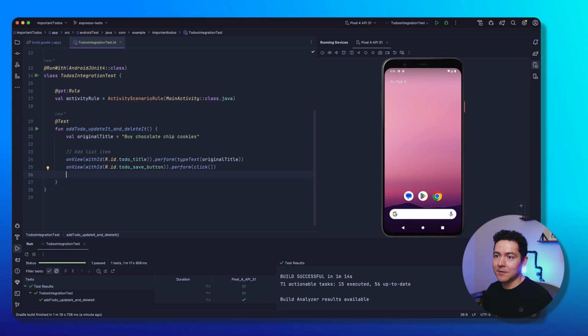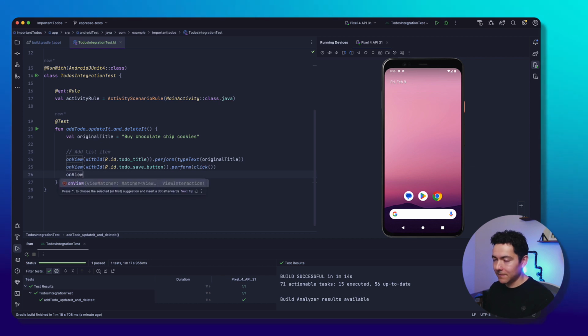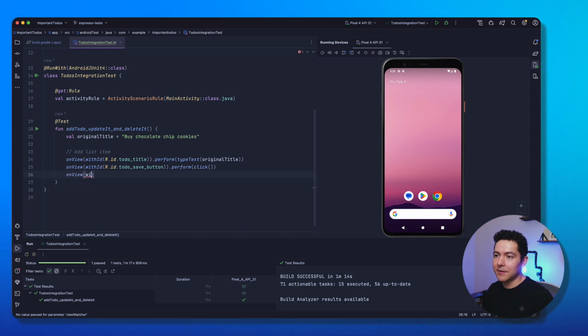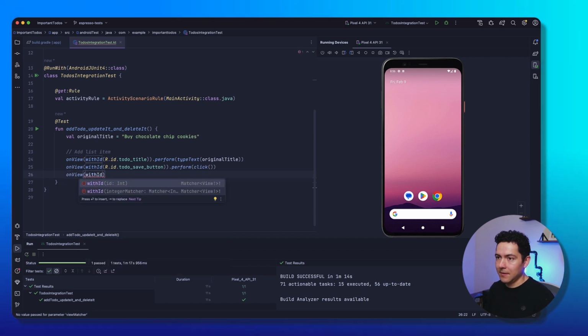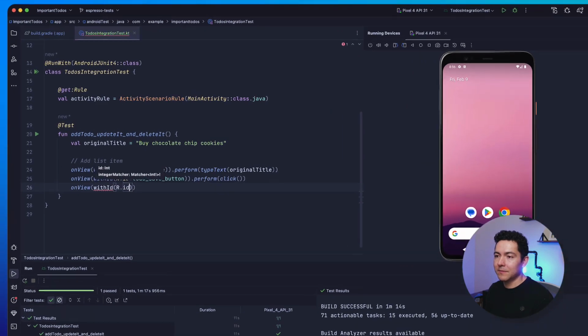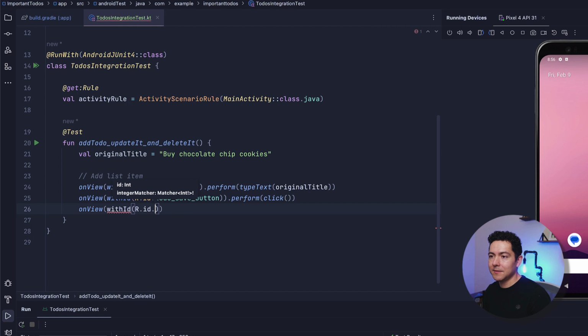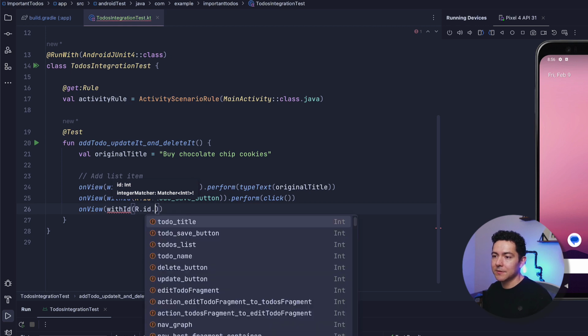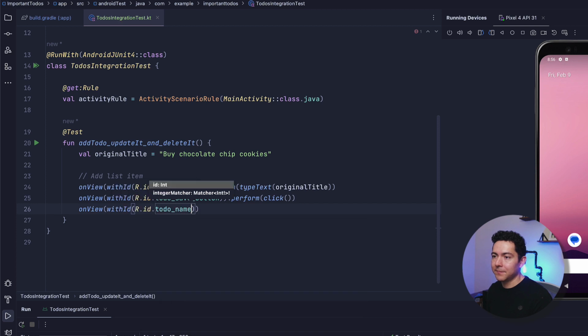So we're going to say on view with ID, and we're going to verify that the to-do name, now we need to use this check function, and then we say matches